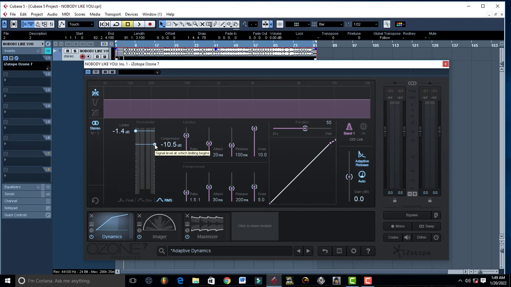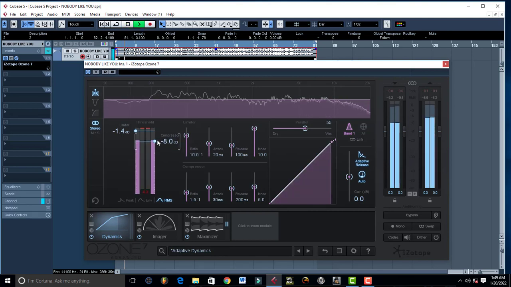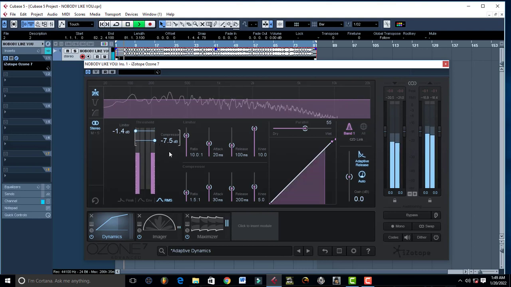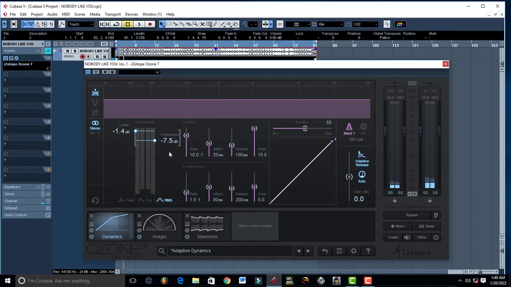So you want the louder parts to be compressed a little bit so that the lower parts can also be on the same range or level with the rest of the song. I'm going to set it up on negative 7.5. So right there, we have glued up our song or our track or our mix or